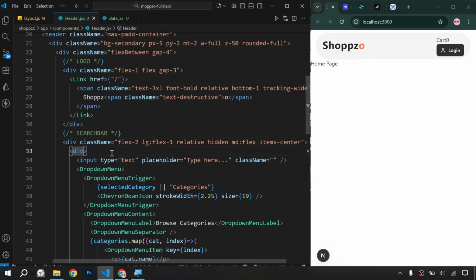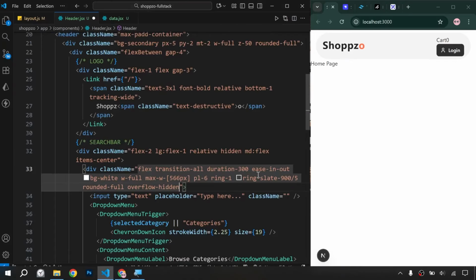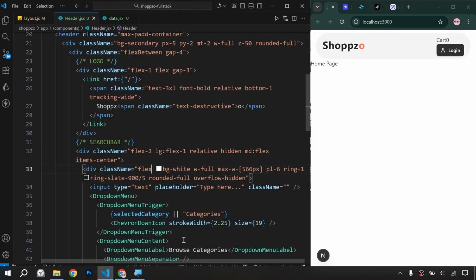And for this div we will write flex, transition-all, duration-300, ease-out. We will remove this transition effect because we don't need this. It will be flex, background full, next slit, padding from left, ring slit, rounded, overflow hidden, right? And the input will be